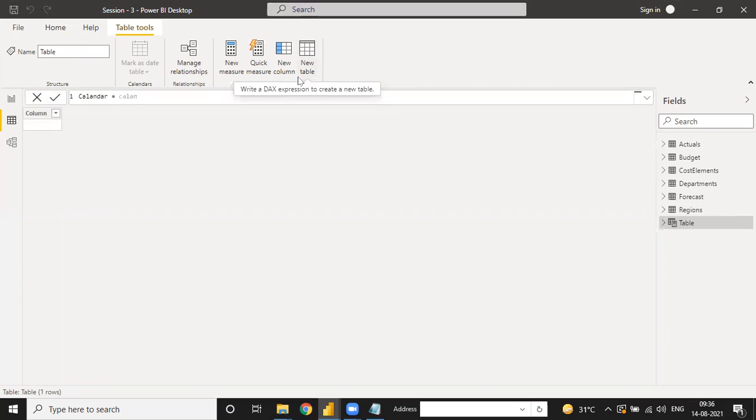You just write one formula, CALENDARAUTO, and there is an option for the fiscal year month.